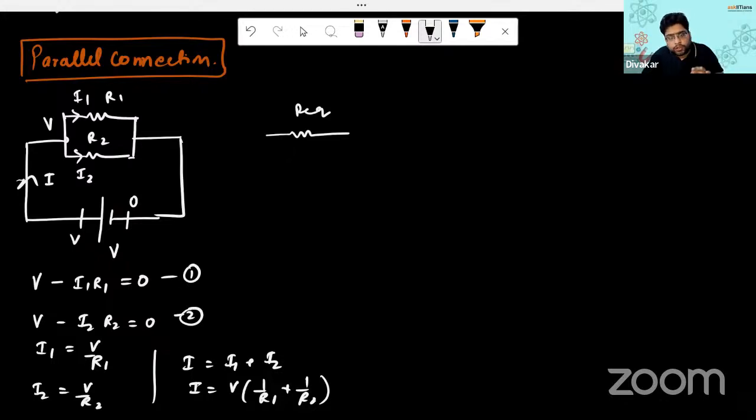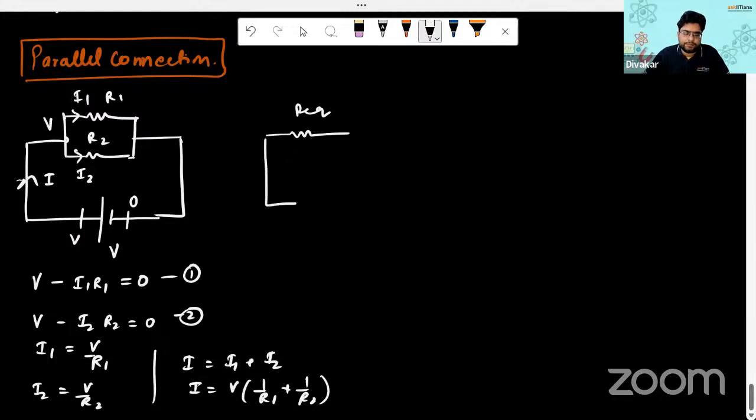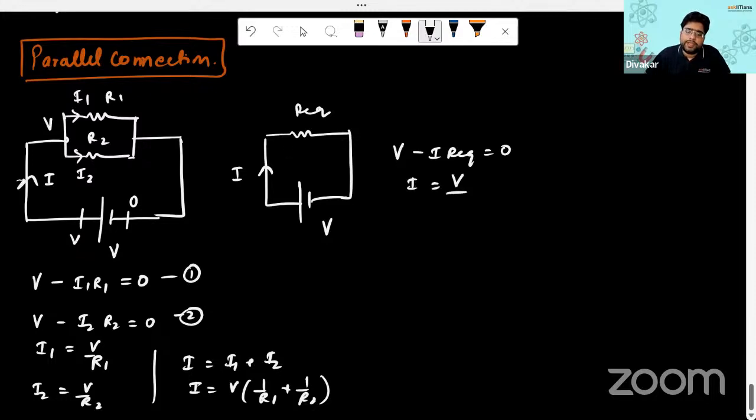Now I want to replace it with a single resistance. So if I want to find out what is I here, you will say, okay, I had V amount of money, toll tax is I into R equivalent, this is 0. So that means I can be written as V by R equivalent. Now if I compare A and B,